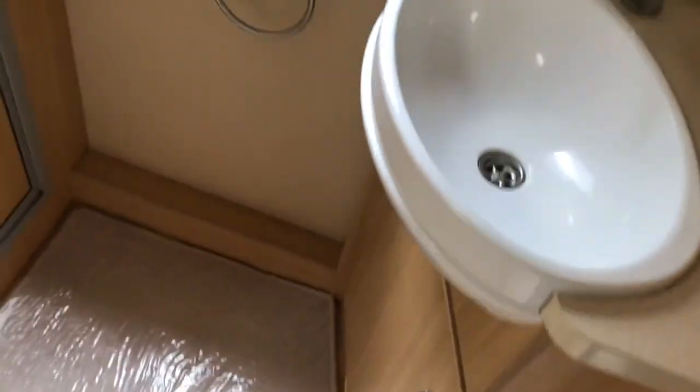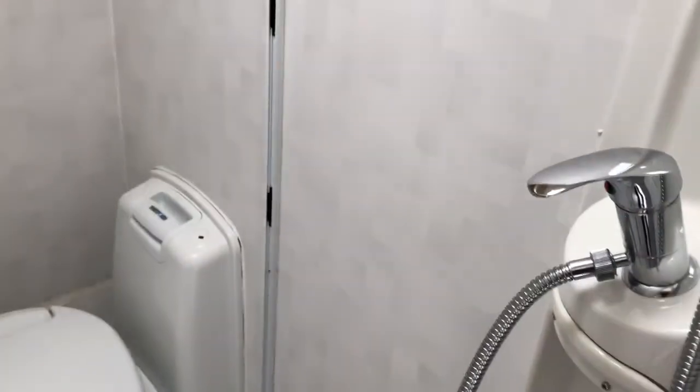We've got the vanity for the washroom there. And then we've got the shower, and then we've also got the cassette toilet. So to use the toilet, you've got a little...